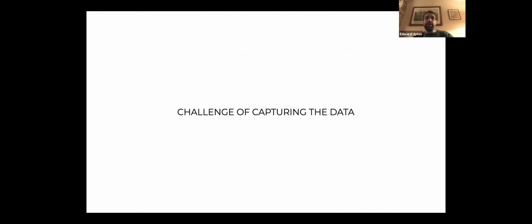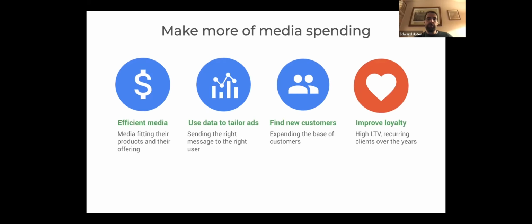So let's talk first of all about the challenge of capturing the data. Now, Little Data works almost exclusively with the Shopify e-commerce platform, so we're very familiar with that. And we know that if they can get to having this good data, they can make more of their media. They can tailor the ads. They can find new customers who are also of high value spend, and then critically they can improve loyalty for